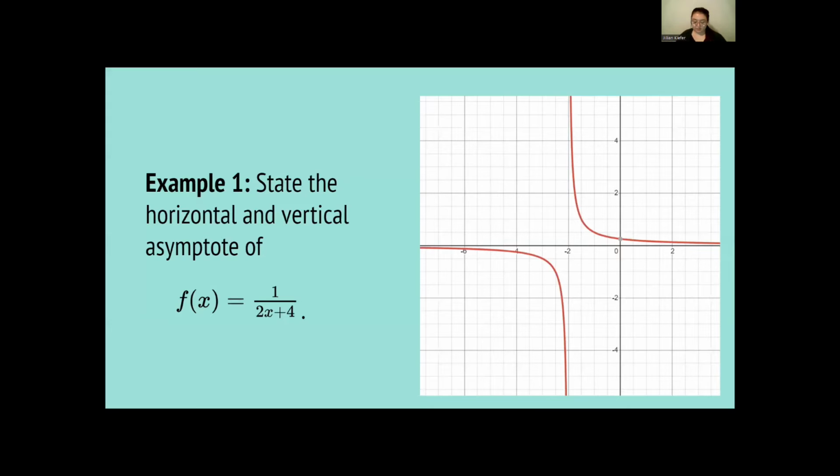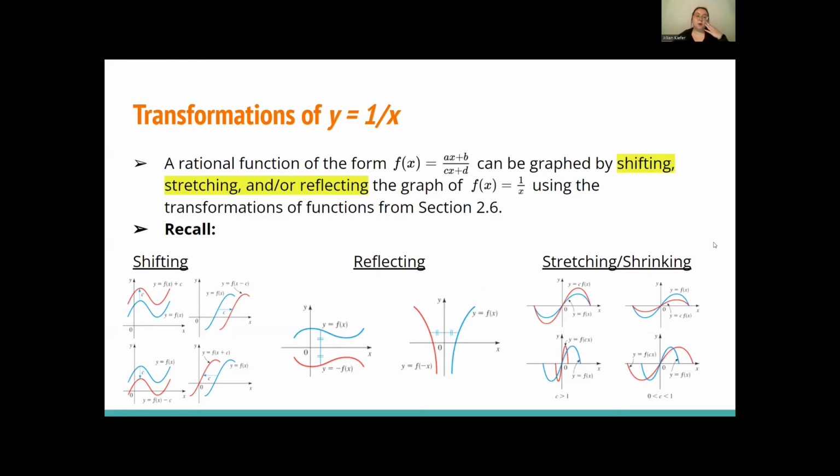All right, so that was example 1. So let's go ahead and move on to our next topic here, which is going to be transformations of y is equal to 1 over x. So a rational function of the form f of x is equal to ax plus b divided by cx plus d